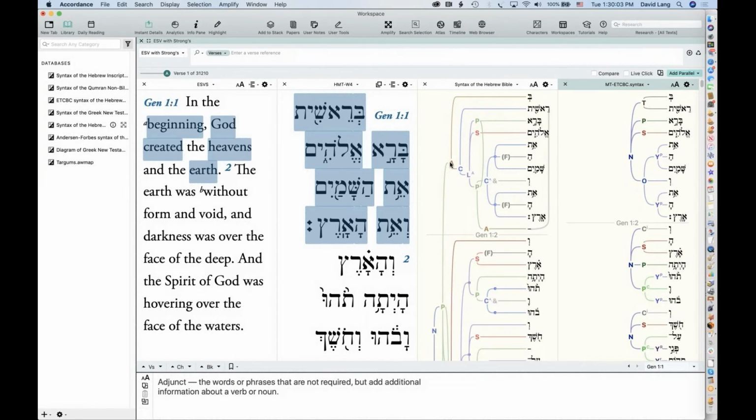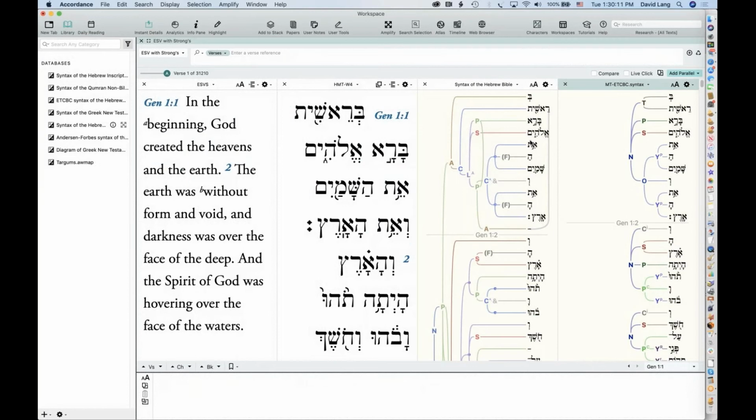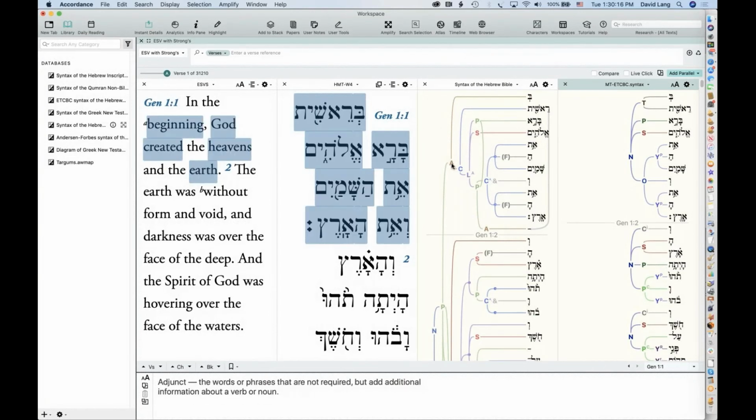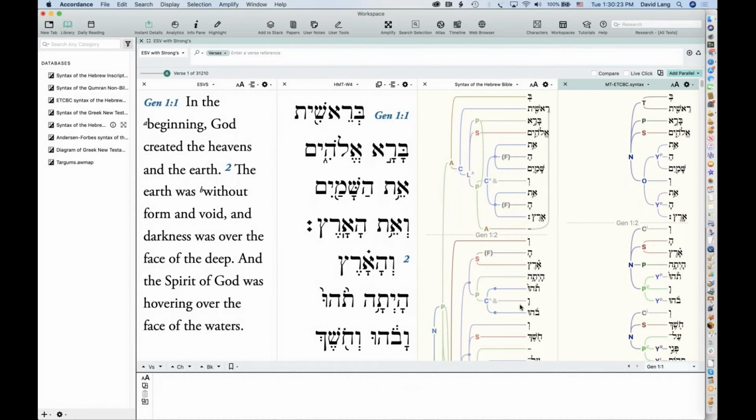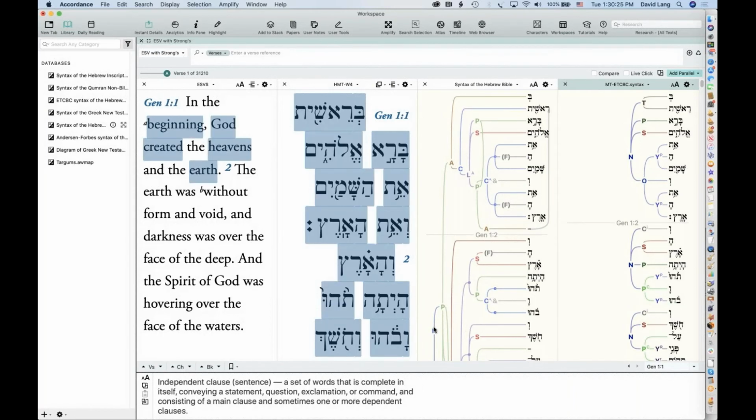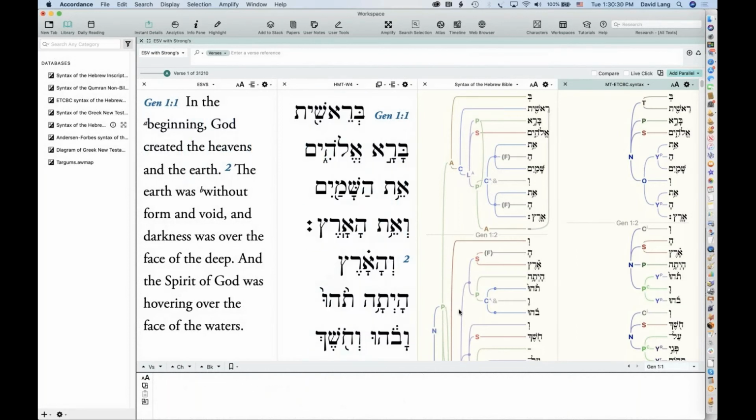So this would be more analogous to, I think, what the JPS translation does: when God began to create the heavens and the earth. That's more reflected in this syntactical breakdown. So this is an adjunct of when God was beginning to create the heavens and the earth. This is what happened; Genesis 1:2 becomes the main sentence, and so on. So you'll see the syntaxes here when you display them in parallel.